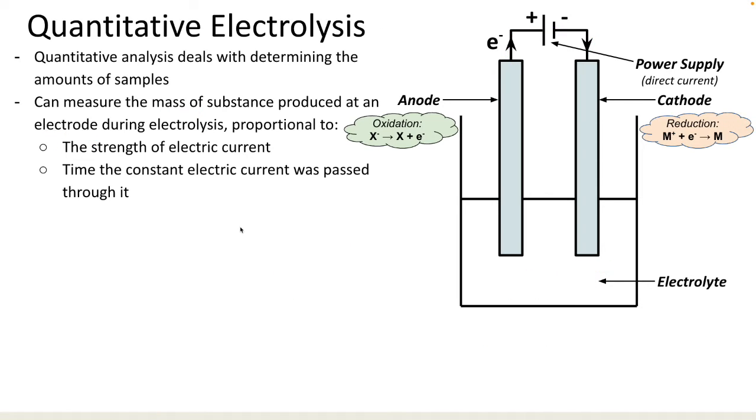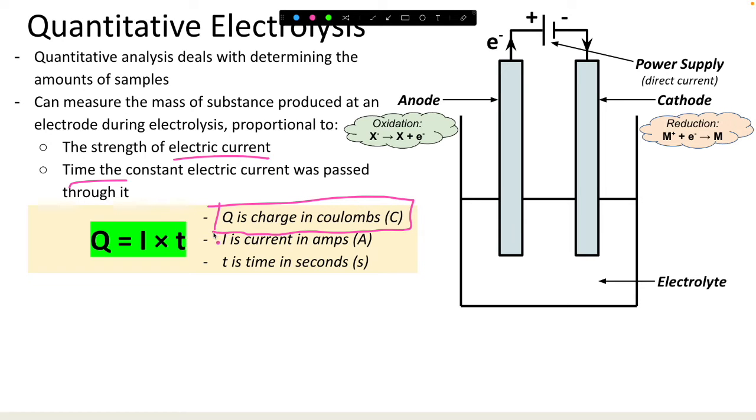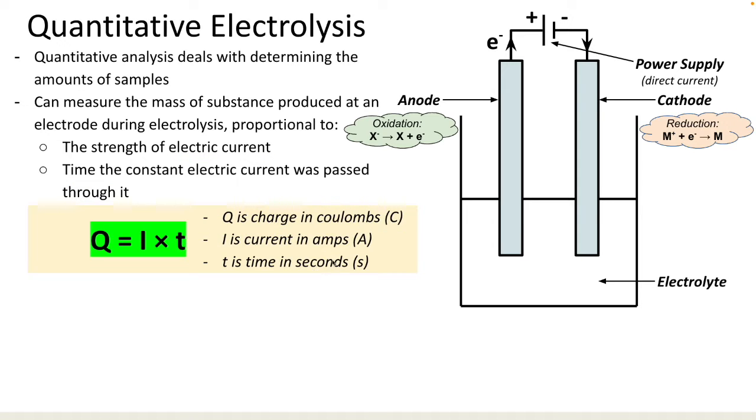So being a quantitative analysis, we can get some numbers going. So here's a good little equation if we're talking about the strength of the electric current and the time through which it's passed. We're talking in terms of the charge. So we're measuring the charge in coulombs, and it's going to be dependent upon the current we pass through the system. So the current in amps being generated from that power source, and how long we pass it through, which is in seconds. So I need to do some conversion if we're given these in minutes or hours, making sure our units are